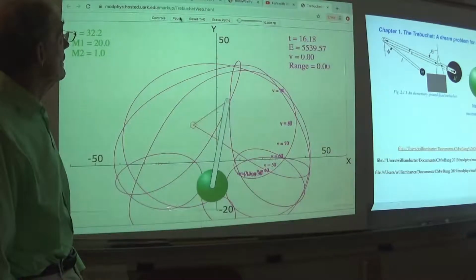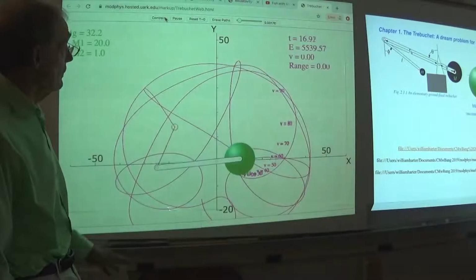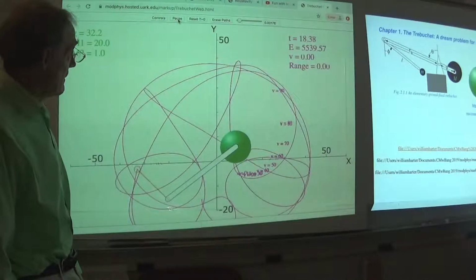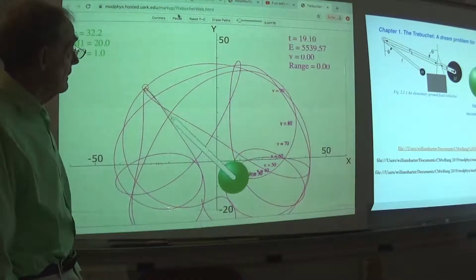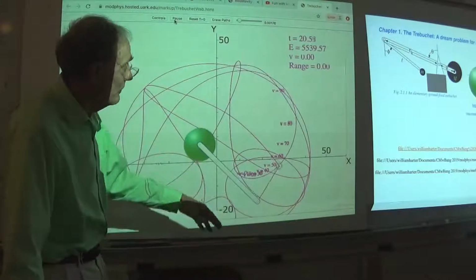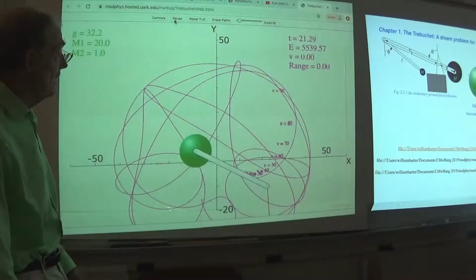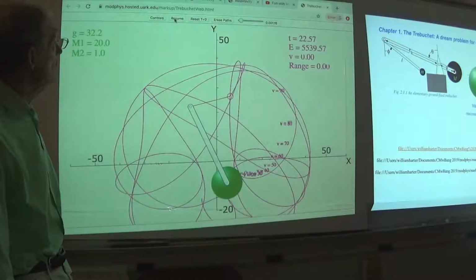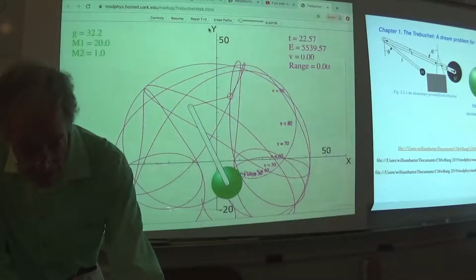Not so much today. I just want you to see that this thing is pretty darn complicated, the trajectory that it's making, and gravity is still on. The mass is still here. It just hasn't been let go, and it's making this. Let's pause, go back,